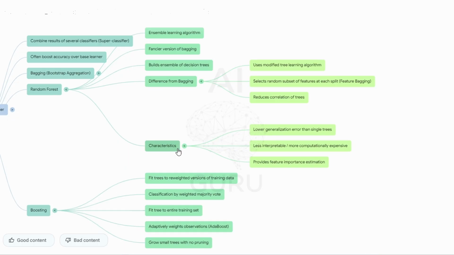But they become dramatically less interpretable. You can't just easily look at a random forest and trace a single path down one tree to understand why a particular decision was made. It's a black box, essentially. Furthermore, they are more computationally expensive to build and run, simply because you're building potentially hundreds or thousands of these